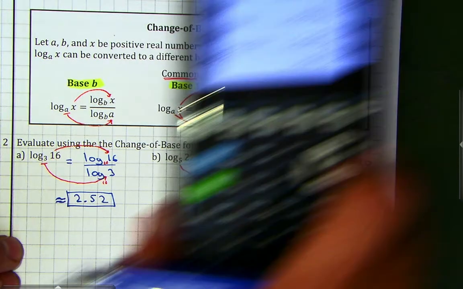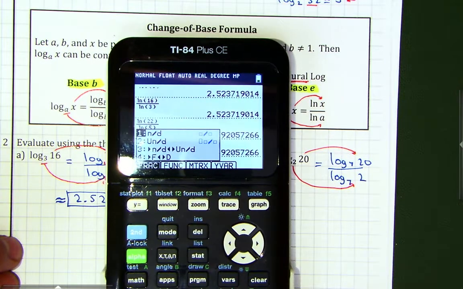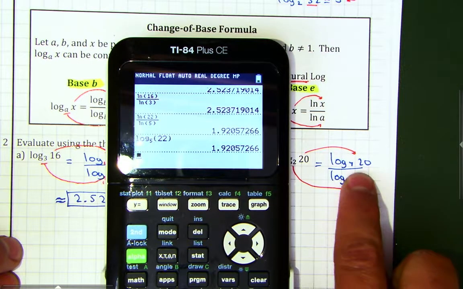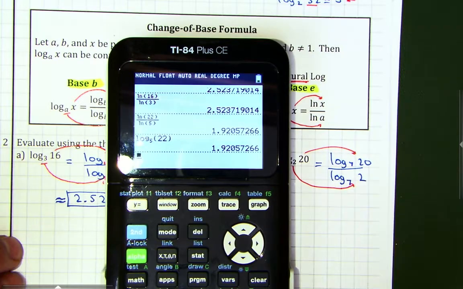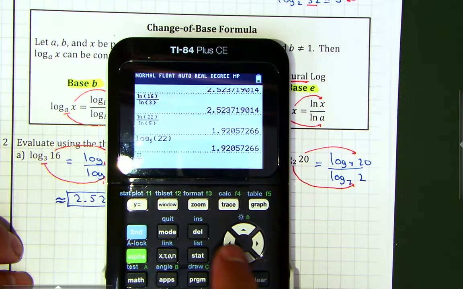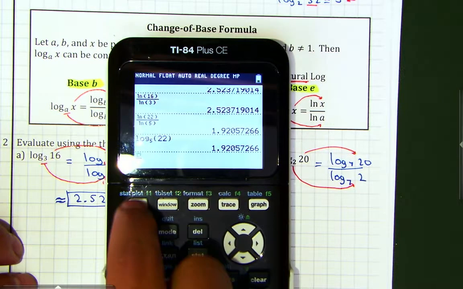And I'm going to evaluate. I'm going to use my fraction bar. And yeah, probably most likely you don't want to use base 7 because otherwise you kind of defeat the whole purpose, right? But for my purposes today, I'm just going to show you that it does work. So you should be able to get the same answer. So now I'm going to have to go and select